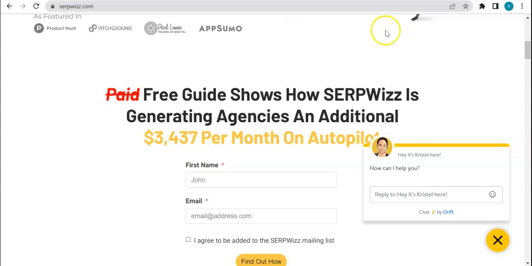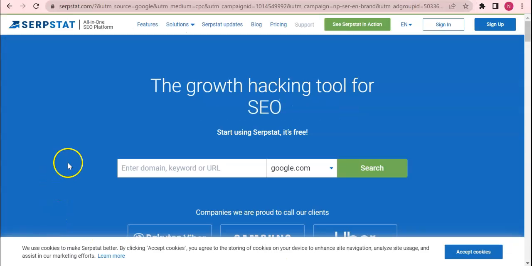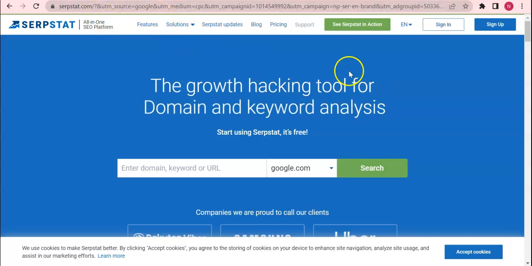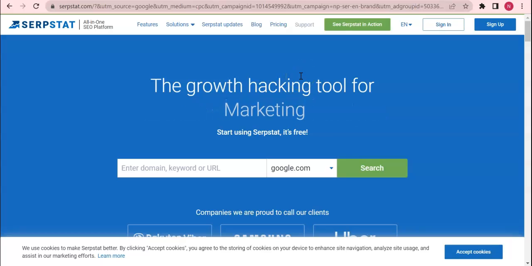But yeah, as I have mentioned earlier, we're going to be discussing a new tool or a new software in particular. And for this video, we're just going to be running over a quick overview, let's say. So I'm going to introduce you to another series, and this is with Serpstat. So as you can see here, we are already on the landing page for Serpstat, and just to say something about this platform,